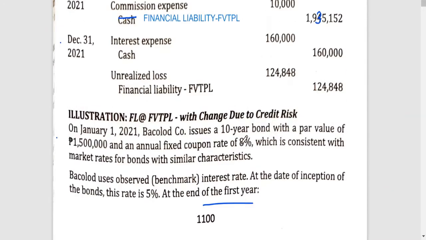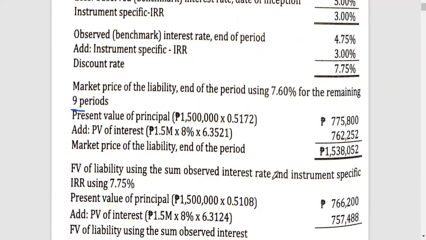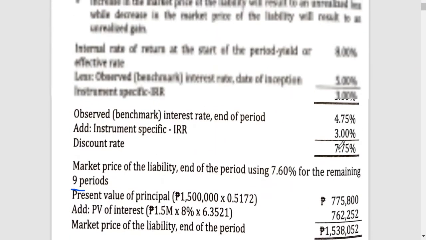Okay, so the 8% here is the yield, the coupon rate. Then, times 6.3521. So that's the present value of ordinary annuity of 1 at 7.6% for 9 periods. So this would be your market price of the liability at the end of the period. How about the